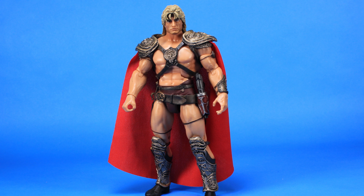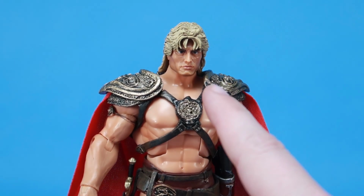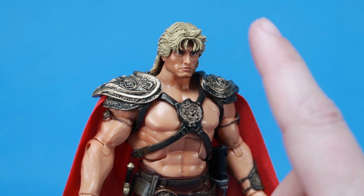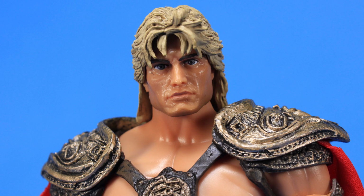So these new figures here are based on the concept designs for the movie by William Stout, which is what's going on here, but we definitely have some actor likeness going on here too, because this, my friends, is absolutely a Dolph Lundgren head sculpt, and it looks pretty fantastic. I mean, I'm looking at this figure and he looks like He-Man did in the movie,